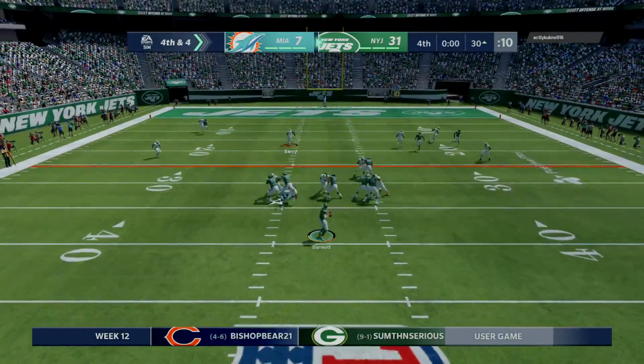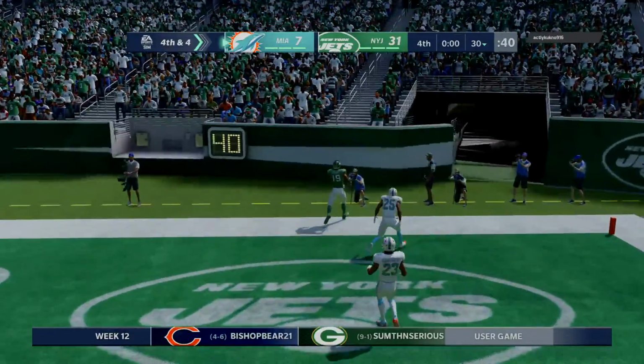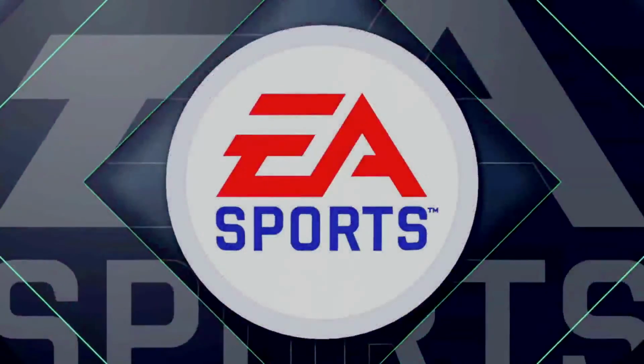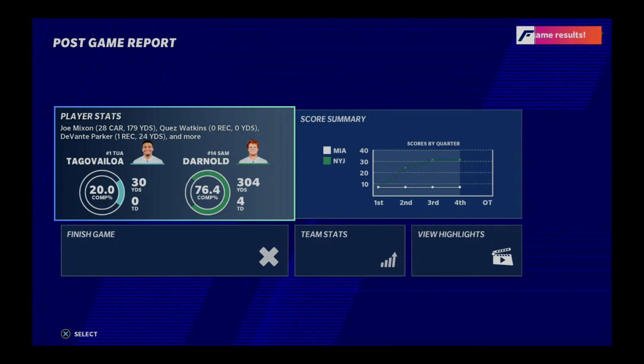On 4th down, Darnold. He'll air this one out deep for Perriman. And they will not be able to hook up there. It's incomplete. So it's a victory here for the New York Jets. And, you know, it wasn't a shutout. They did give up the points in the 1st quarter, but 2nd, 3rd, and 4th